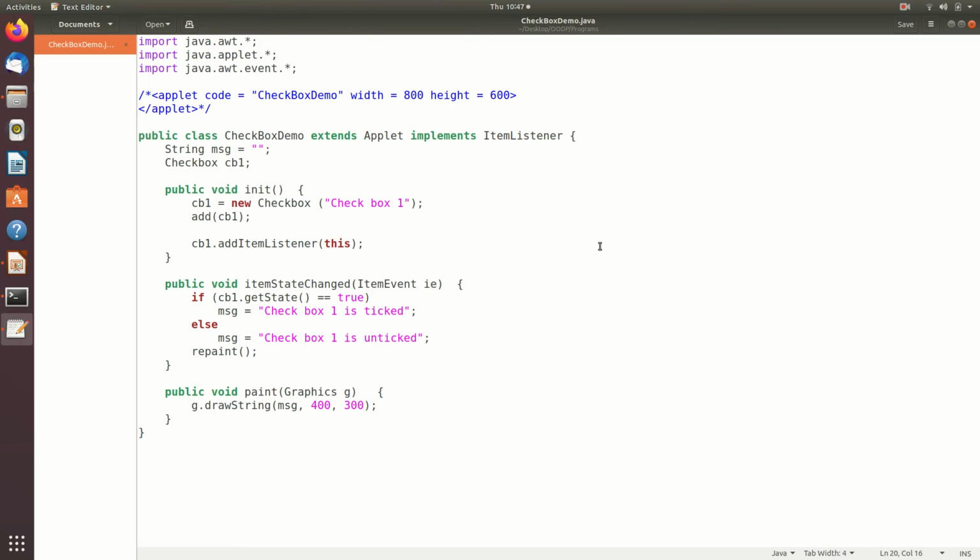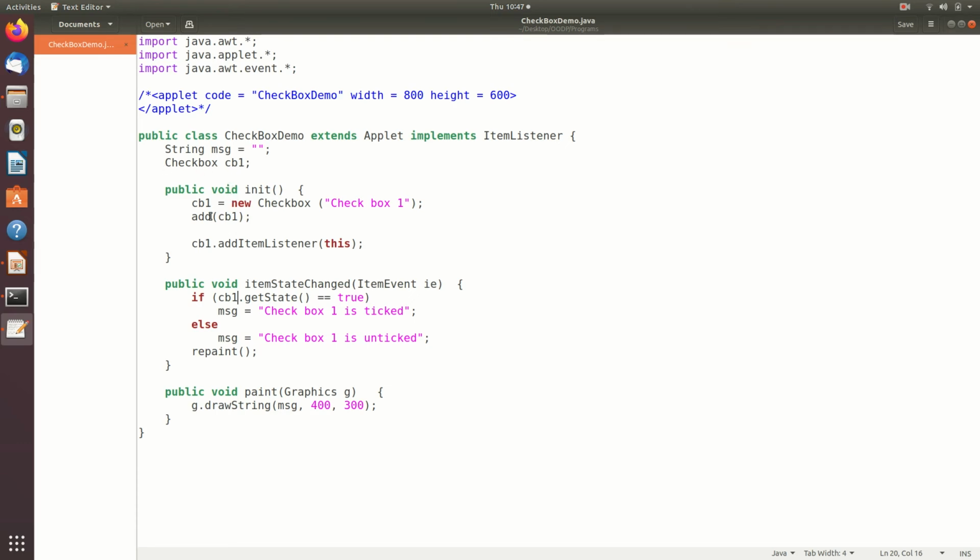Here we can see a demo program that uses a checkbox. We have created an applet, and as in the previous case we have a message which is used for displaying a message in the applet window. Then we have the checkbox.